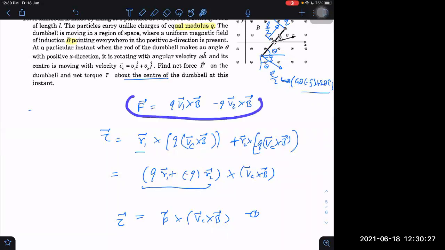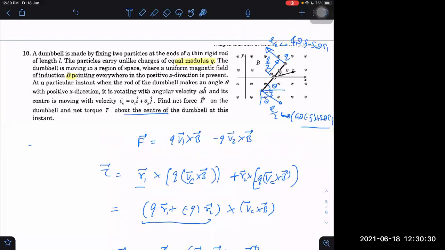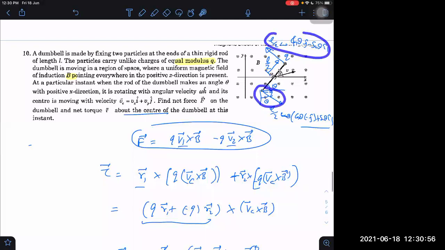And this net force is not because of the translatory motion, I think. Because of translatory motion, there will be no net force. Contribution will only be due to rotational motion. Therefore, in this case, we will do the opposite. Here we will not take V1, V2. Here we will take only L by 2 omega terms only. And also one more thing, whatever force is acting on one, the same will be acting on the other. So I can find out force only on the one and multiply it by 2. So it will be again simple.